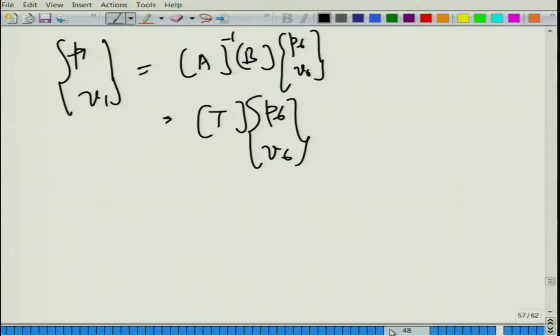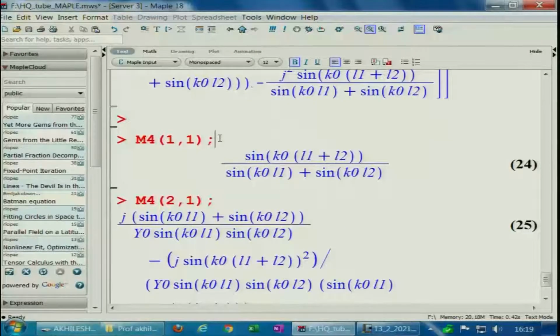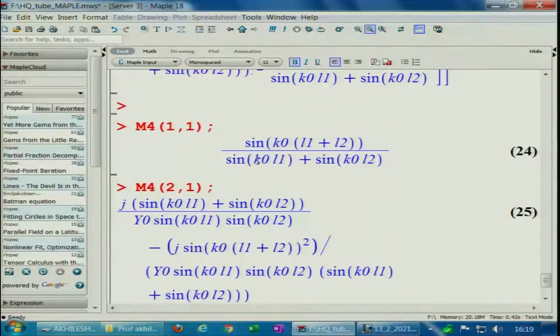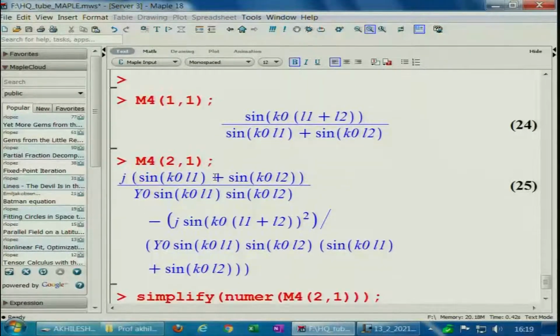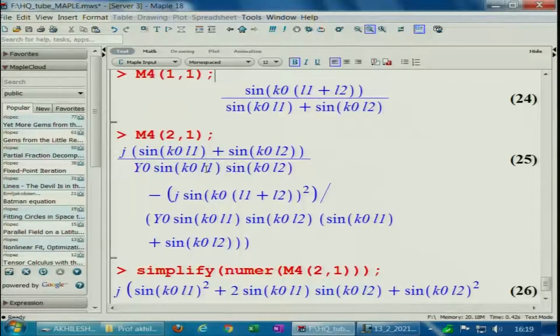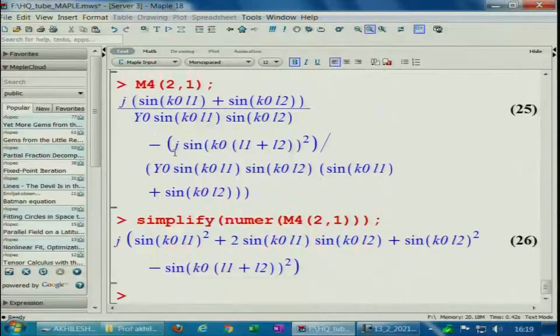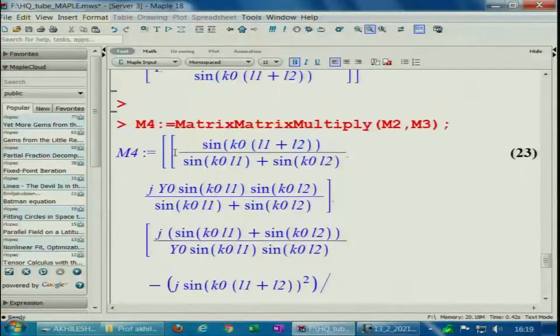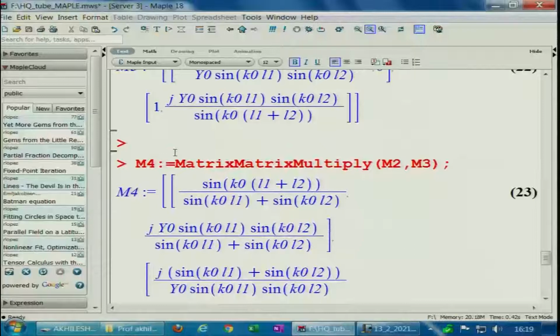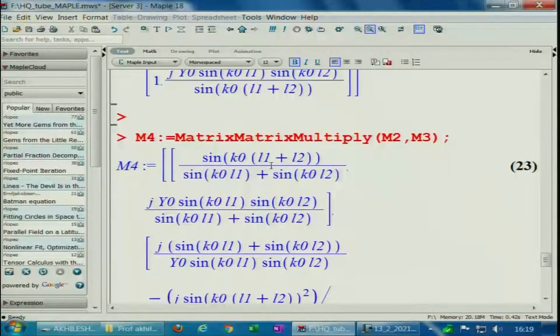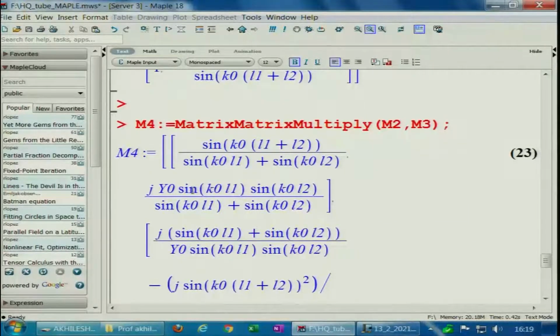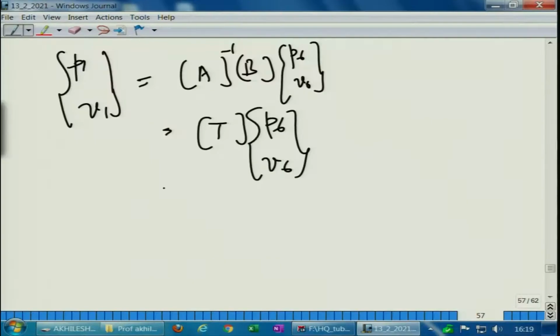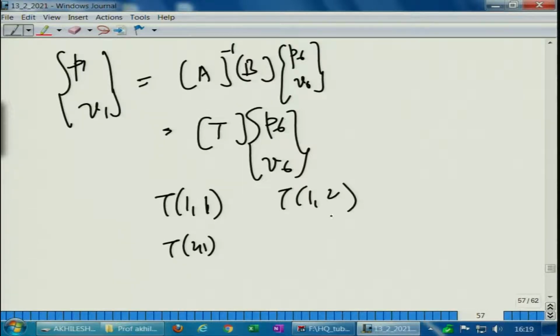So, let us get back to your Maple, and we figure out that M411 is nothing but sine of k naught L1 L2 and this thing, and this is nothing but S1 and S2, and this is the most tedious looking expression. We will worry about that in a bit. But other expressions are fairly simple in the sense that you have your M4 matrix here. M412, that is basically you have T11 figured out, T21 is a bit nasty looking thing, T12 and T22.